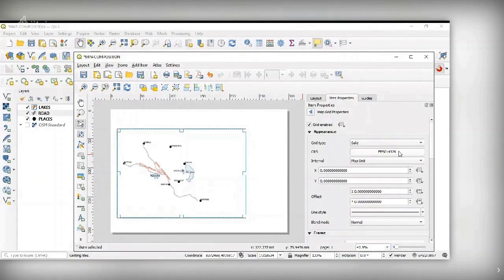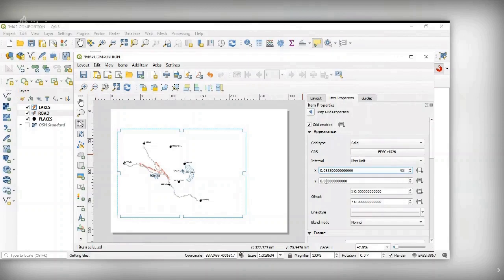So add grid and select that particular grid and modify it. So at what interval it should display the coordinates, that is longitude, latitude around the frame. So I am giving it 5 minutes interval.